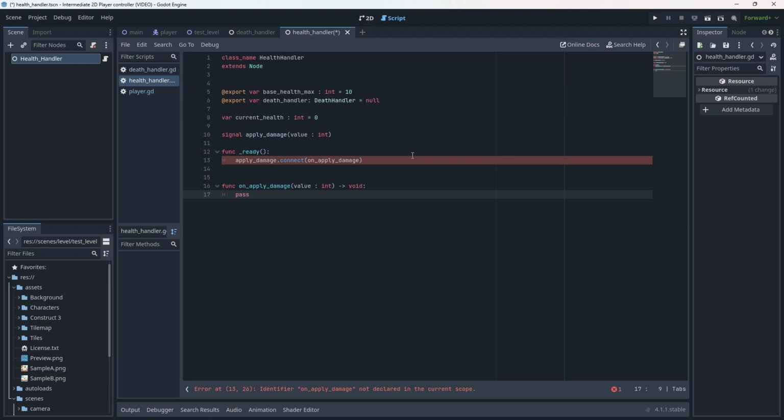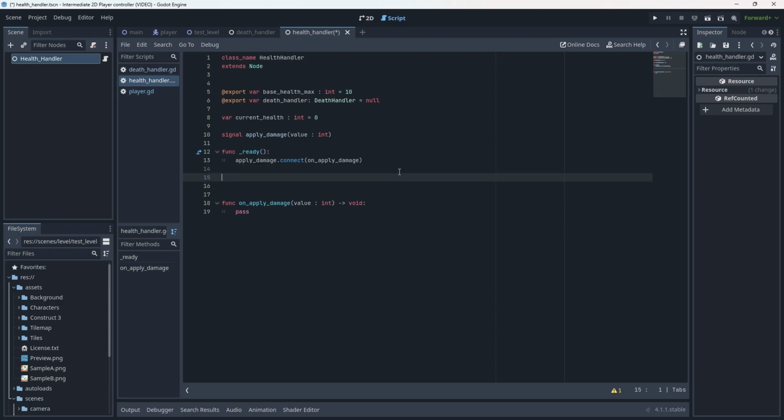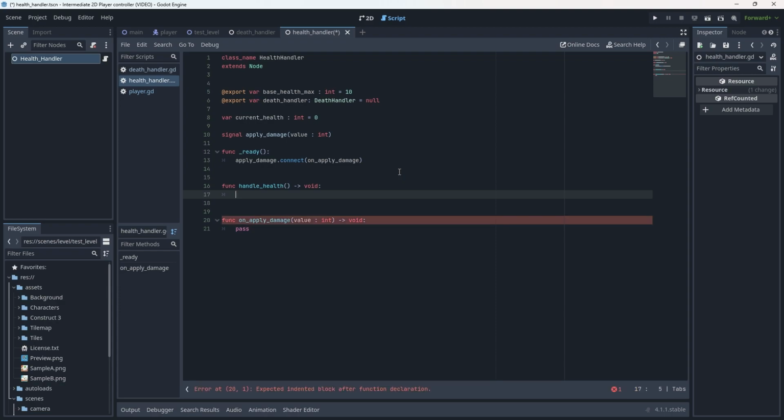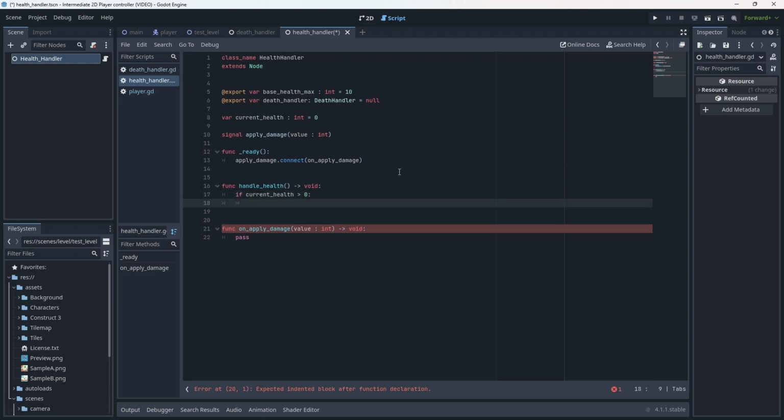And for now, we're going to write pass, because before we get into the logic of how the signal will get called, we actually need to create a basic function for handling our health that will be used frequently, or all the time, right? So let's create that. Func handle_health. It'll have no parameters, and it'll be a void return type. Now, we're going to do a simple check for if current health is greater than 0, and if it is, we want it to